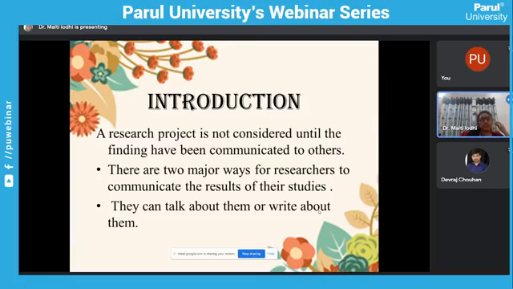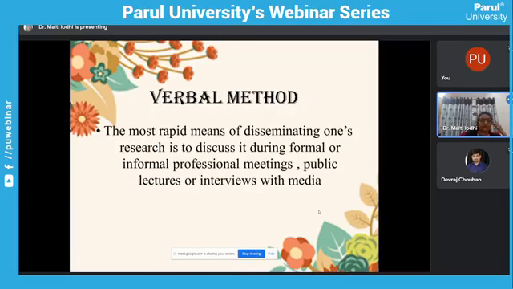There are two major ways for researchers to communicate the results of their studies. They can talk about them or write about them. So there are two major ways by which we can communicate our research findings: verbal, or in writing. Now we'll see the verbal methods. And the verbal method is nothing but the researcher communicating